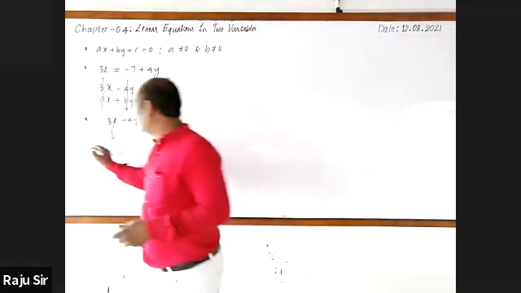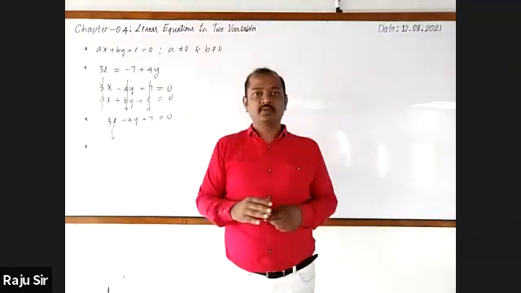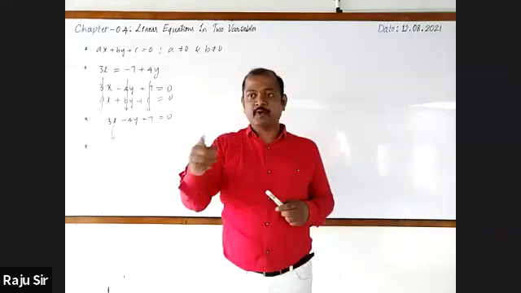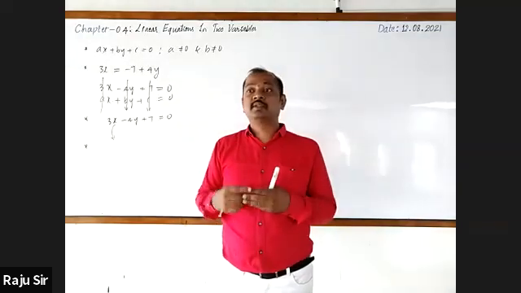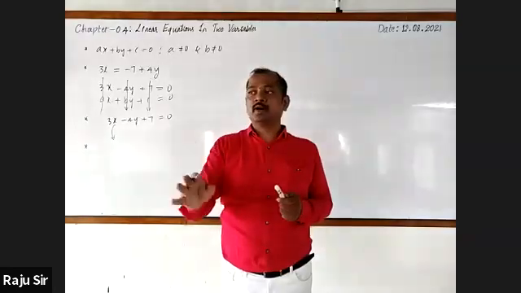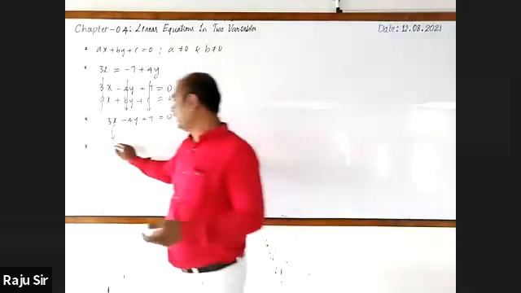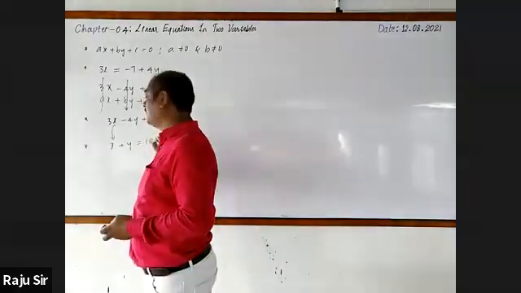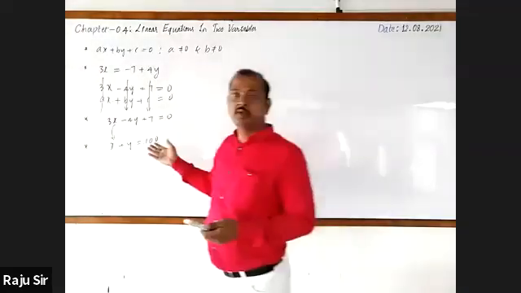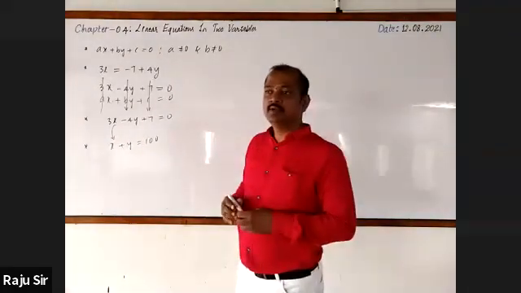Next, after that, we converted some of the statements into equations. One simple equation to be formed by yourself on the statement which I'm going to give. The cost of a bat and a ball is 100 rupees. x plus y is equal to 100. Cost of one bat is rupees x. Cost of one ball, rupees y. Together it is 100, can be written as x plus y equal to 100.